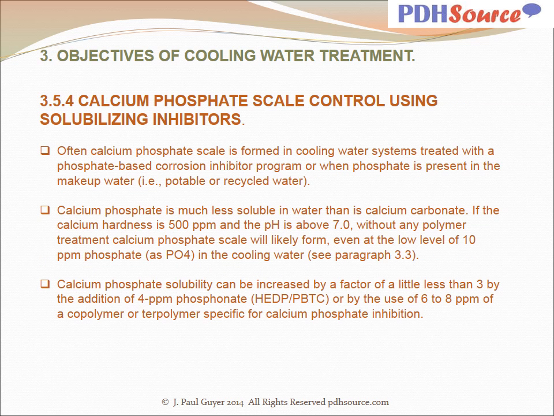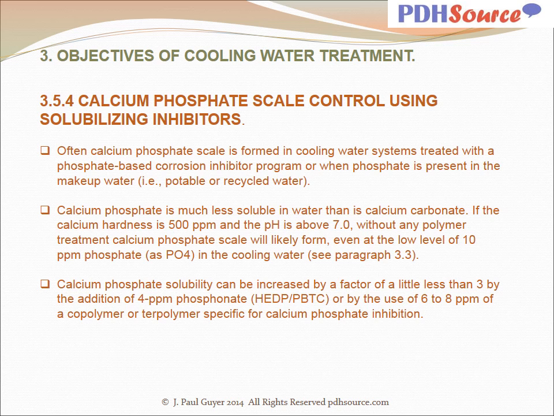With regard to calcium phosphate scale control using solubilizing inhibitors, often calcium phosphate scale is formed in cooling water systems treated with a phosphate-based corrosion inhibitor program, or when phosphate is present in the makeup water, i.e. potable or recycled water. Calcium phosphate is much less soluble in water than is calcium carbonate. If the calcium hardness is 500 parts per million and the pH is above 7.0, without any polymer treatment, calcium phosphate scale will likely form even at the low level of 10 parts per million as PO4 phosphate in the